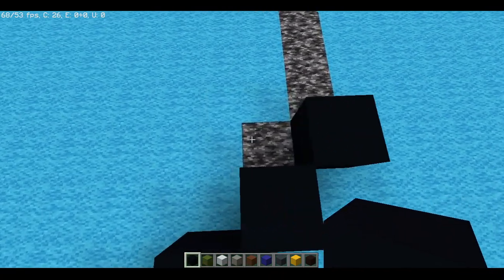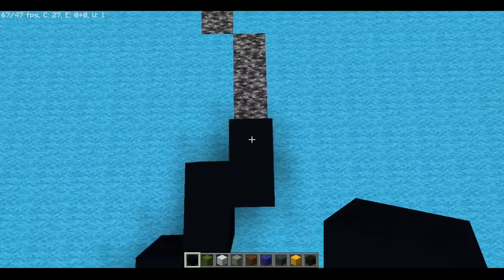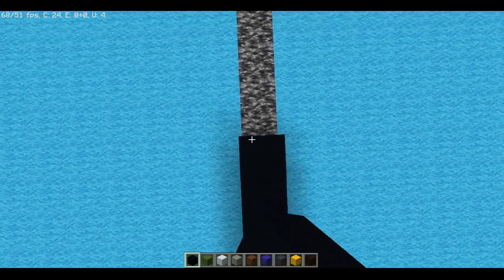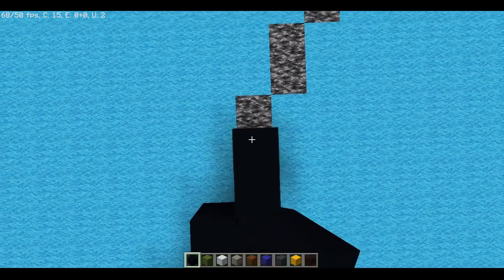From this block, you're going to go left by 1, and then from here, you're going to go up right by 1. From here, you're going to go up by 1, 2, 3, up left by 1, up by 1, 2, 3, 4, 5, 6, 7, 8, 9, up right by 1, up by 1, up right by 1, up by 2,